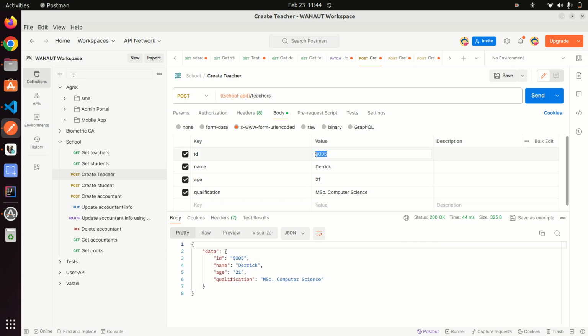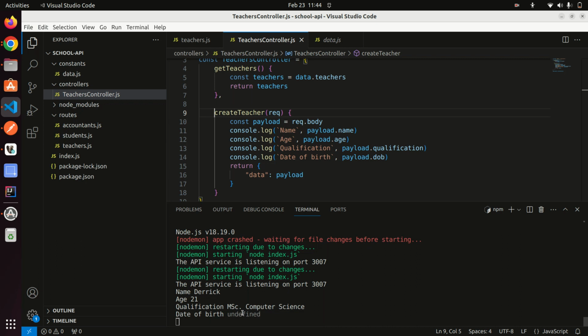So if we post this request, here's what we get in response, basically what we've put: ID, which is 5005, name, we have Derek, we have age 21, we have qualification masters in computer science. Of course, we looked at how you can do this in our first session when creating endpoints, and of course you can still see how we've done that. And the reason we have date of birth undefined is because we did not put date of birth